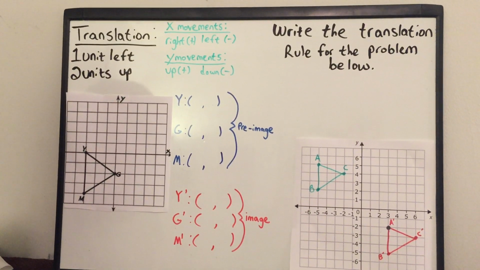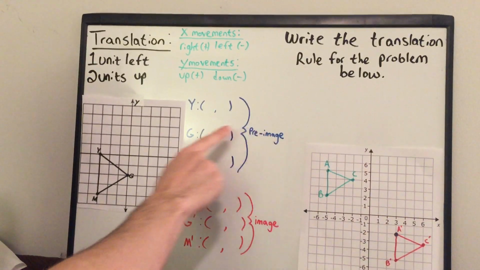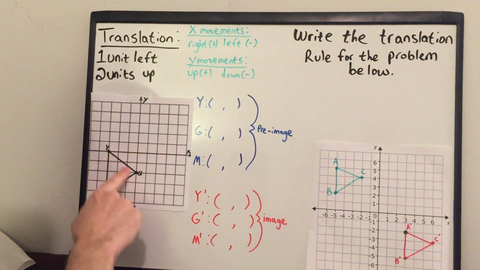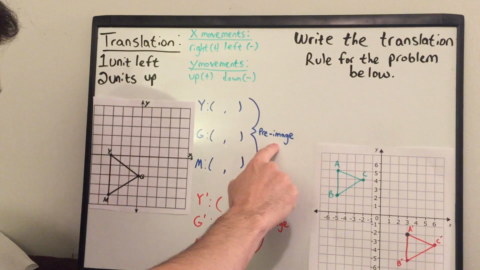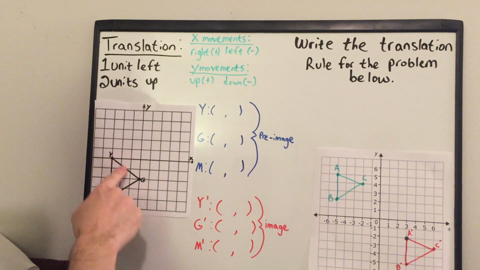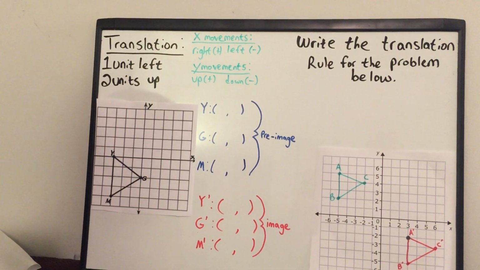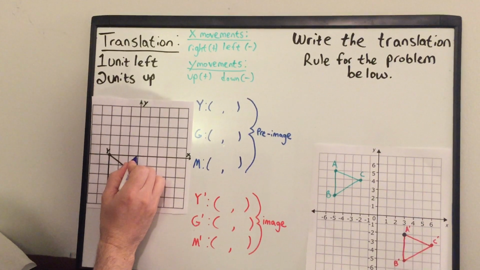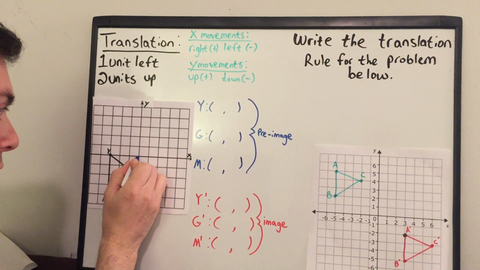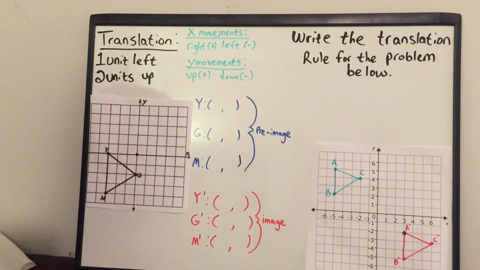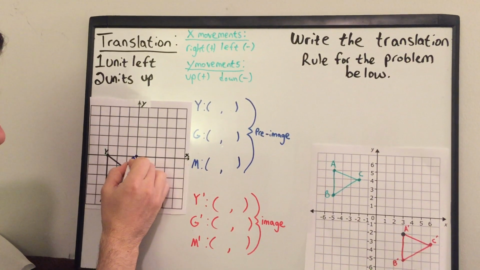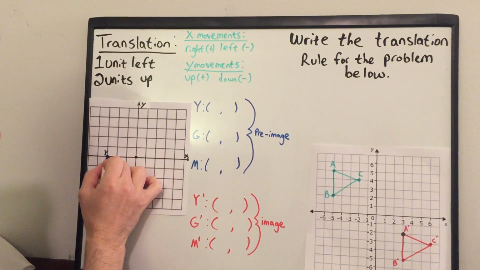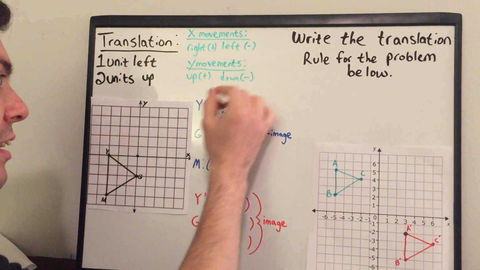Now, what we want to do first is go to what we call our pre-image, which is our original image, or the image we start with. Notice that's why I wrote pre-image, because that's what we call our original image on the graph. Now, we're going to find the coordinates of these. I'm going to go to y. Always start at your origin, at 0, 0. And we're going to go over -1, -2, -3 for my x, but we don't go up or down any, so that's just going to be -3,